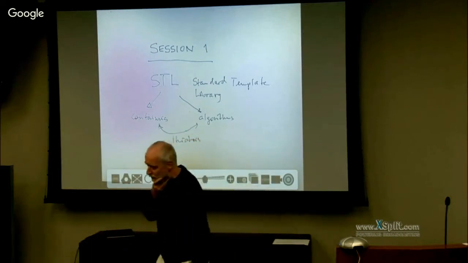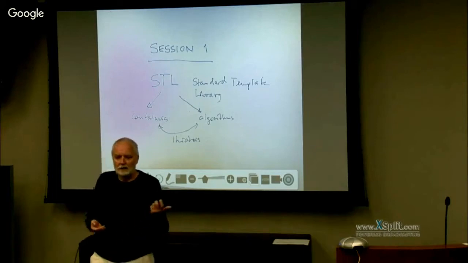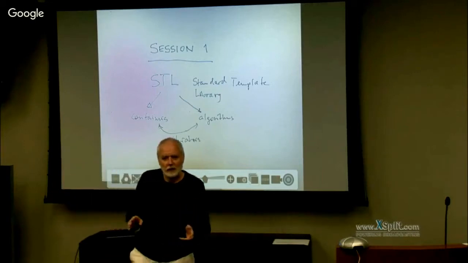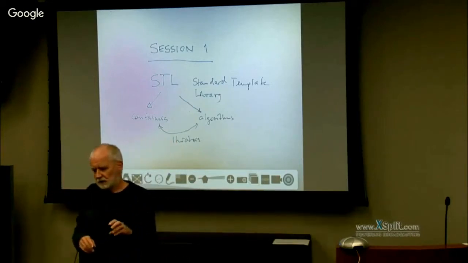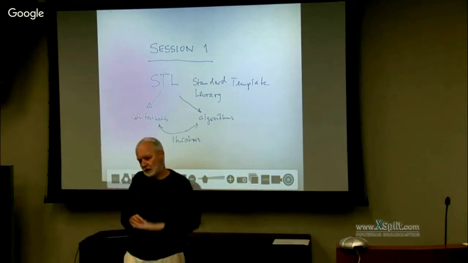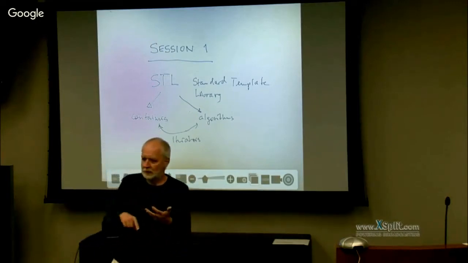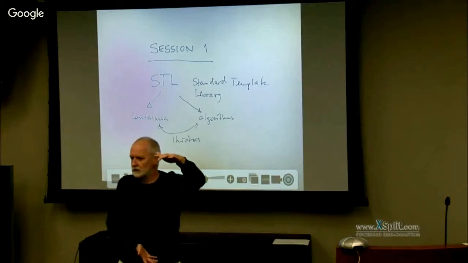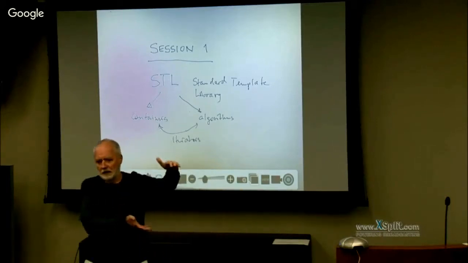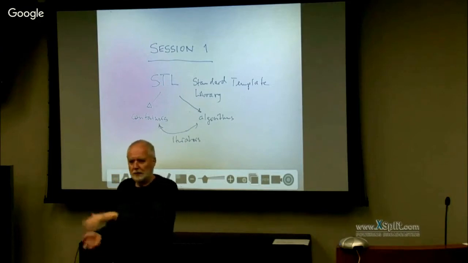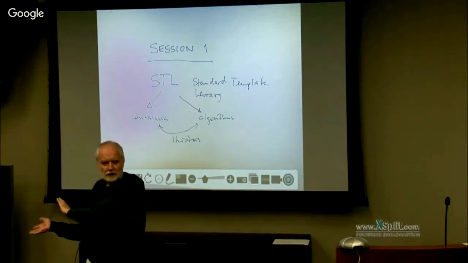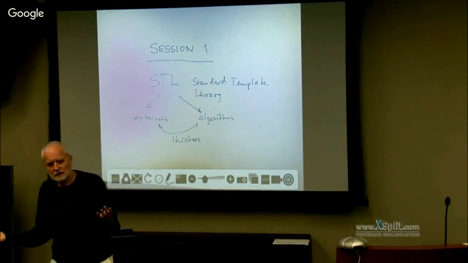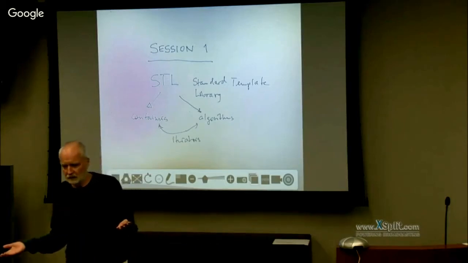If you look at other libraries which are around, for Java, for instance, we will have containers there. You have lists, you have hash maps, you name it. But each of those containers has a whole set of member functions: sort, copy, clone, transform, whatever, right? 50 of those member functions, which are implemented on a list, on a hash map, on a tree, on whatever. So in the end, if you have 50 algorithms and 10 containers, you implement 500 algorithms.